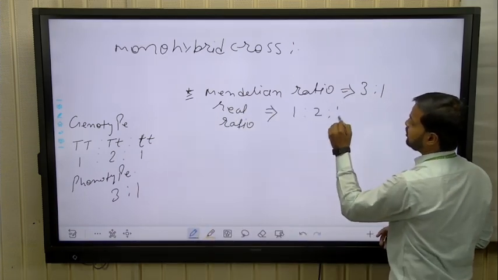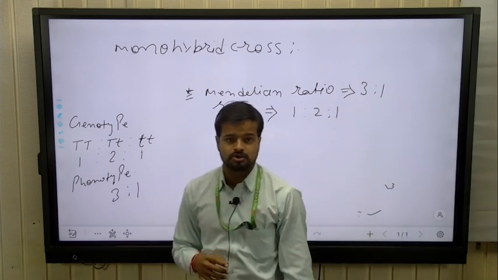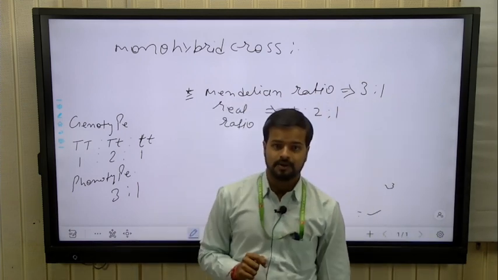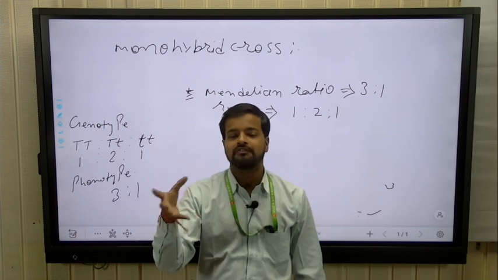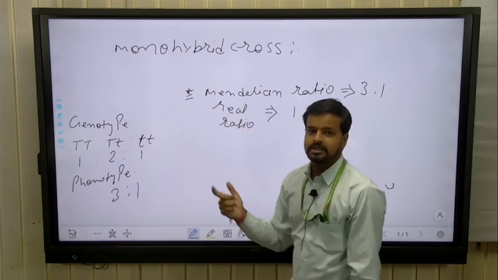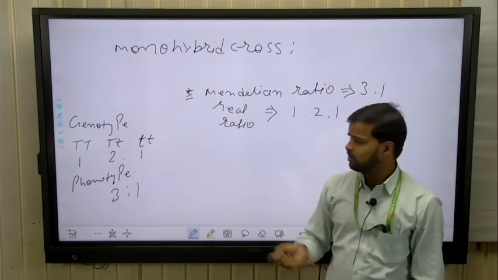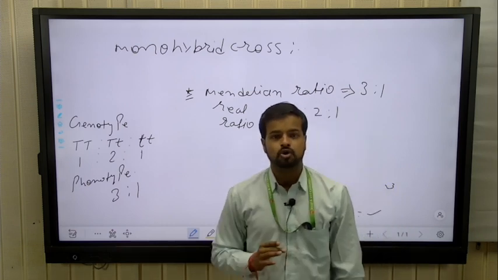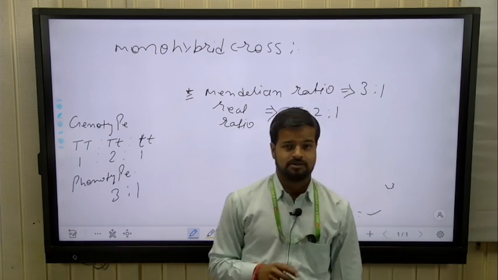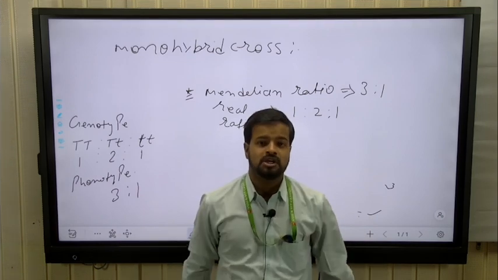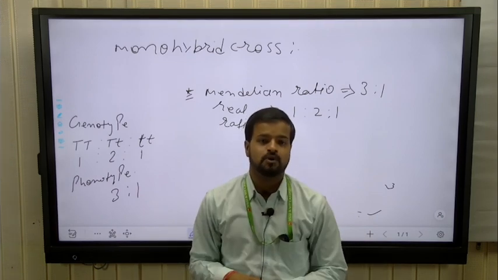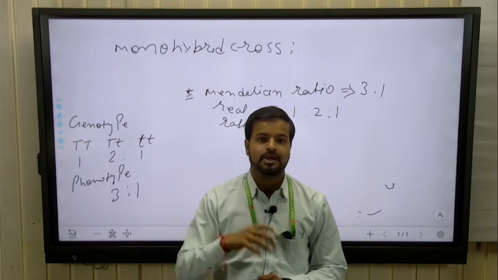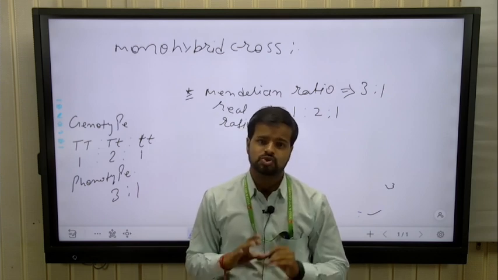There are two different questions. Very important question. Generally in MCQ type papers, it is asked in every exam. What is the Mendelian ratio? 3:1 is the Mendelian ratio, and what is the real ratio? 1:2:1. It is all about the monohybrid cross. But after the monohybrid cross, we talk about another type of cross, that is called back cross. Students, very interesting point.